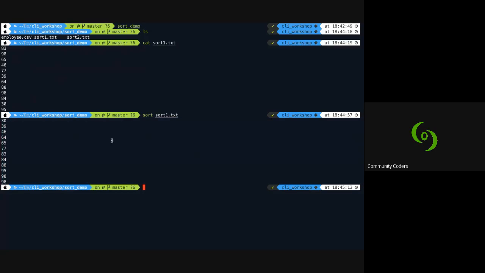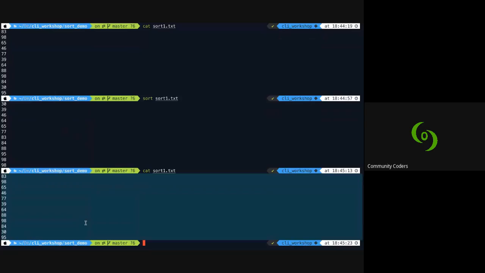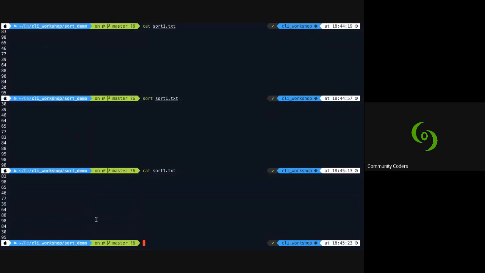But keep in mind that the original file is not sorted. If I do cat sort1 again, I'll still see the numbers in the same order. So the sort command does not modify the original file. Now, if you wanted to capture the sorted output, you can store that output to a new file,